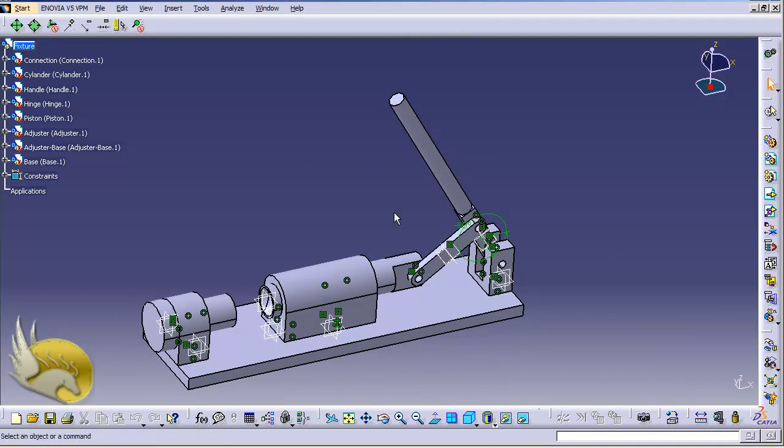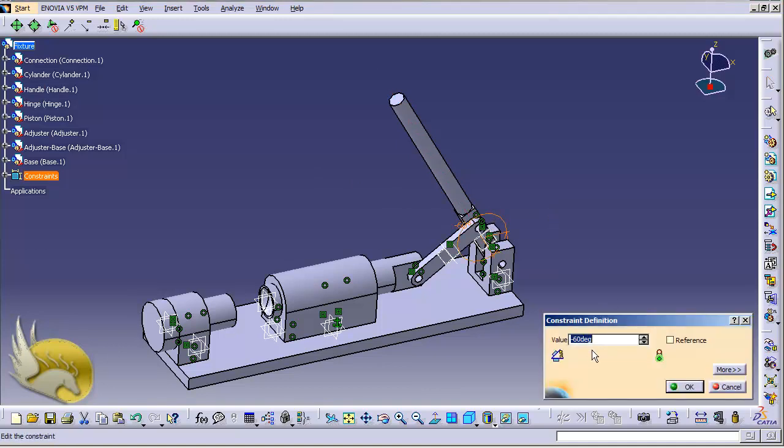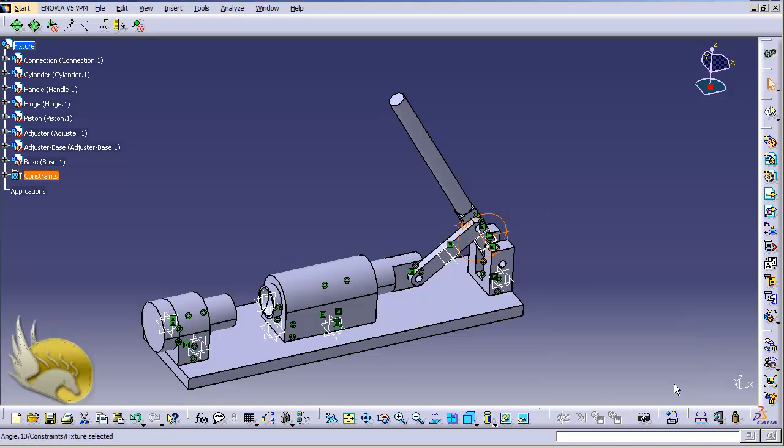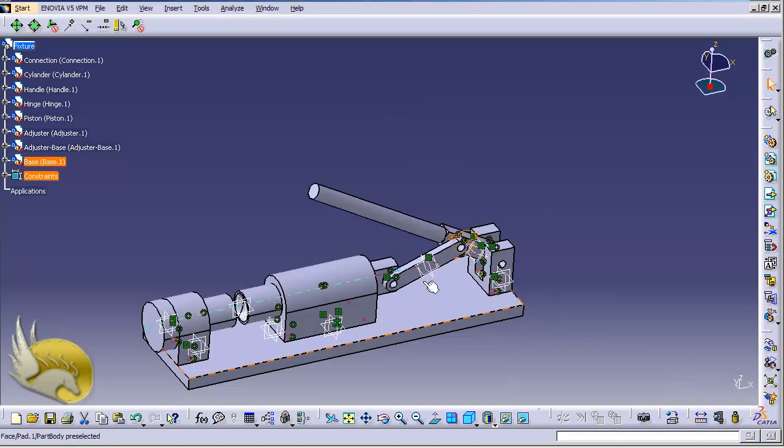And I can check this to see if everything is working just fine. If I select the angle, for example, and change the angle from -60 to, for example, -30, and press OK and press Ctrl U, you can see that everything moves